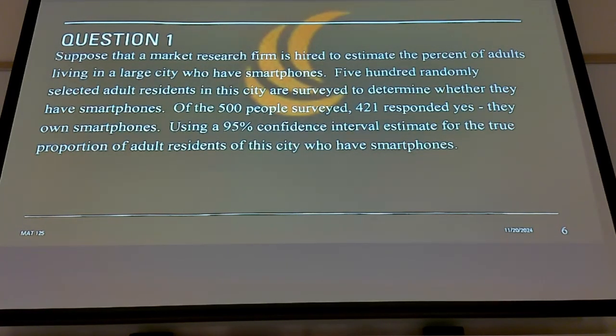A market research firm is hired to estimate the percent of adults living in a large city who have smartphones. 500 randomly selected adult residents in the city are surveyed to determine whether they have smartphones. Of the 500 people surveyed, 421 responded yes. Using a 95% confidence interval,